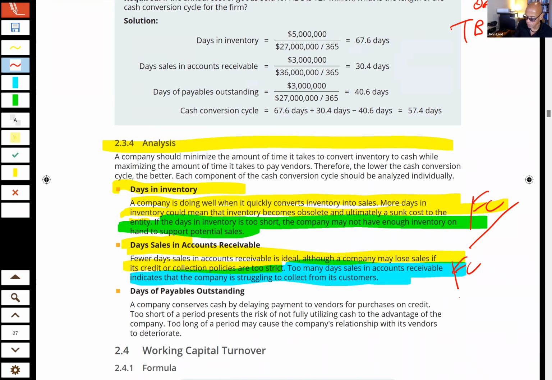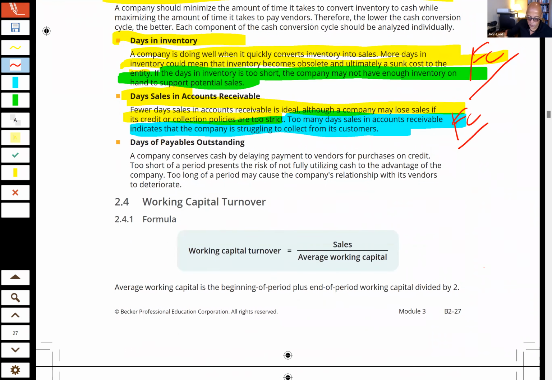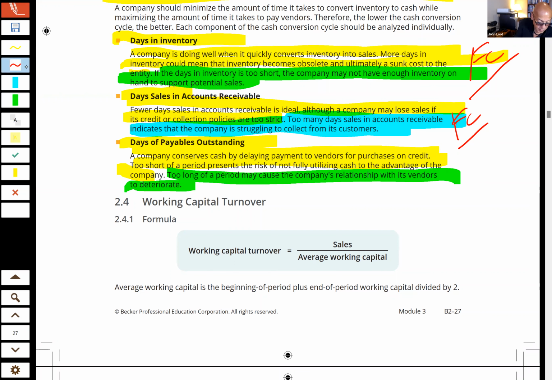conclusions that can be reached by evaluating the days in accounts receivable. And days in accounts payable. Company conserves cash by delaying payment to vendors on credit. Too short of a period represents the risk of not fully utilizing the cash to the company's advantage. Too long of a period may cause the company's relationship with vendors to deteriorate. And you can also write down